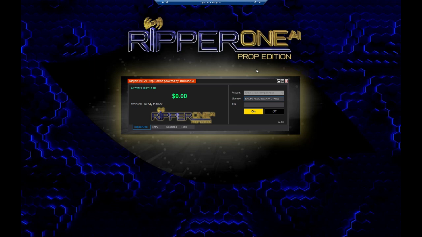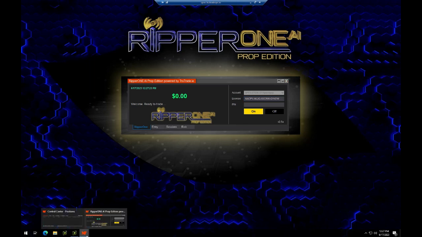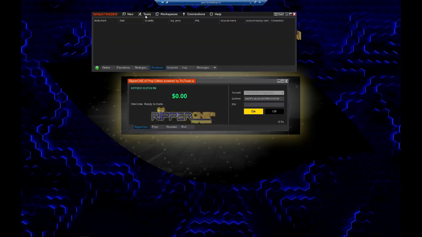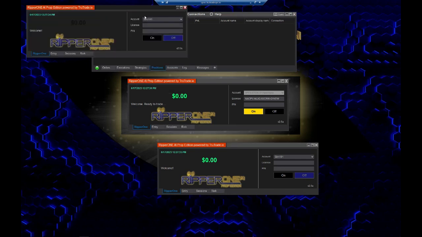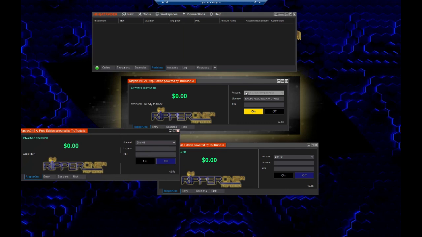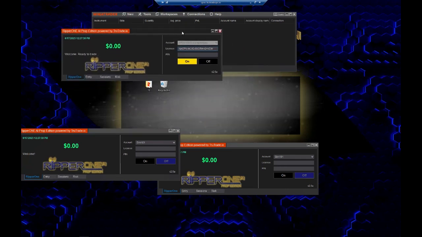Now, one other thing I want to cover also is that you can run multiple instances of this product. So let's say, for example, this is just instance one, right? And you're running on one account. But if you want to run another instance, for example, which we can open up here, if you go to the tools menu, you can launch another instance of the platform. So let's say, for example, you have a 3-instance license key. You can launch 3 different versions, and you can link each one of these to a separate account.